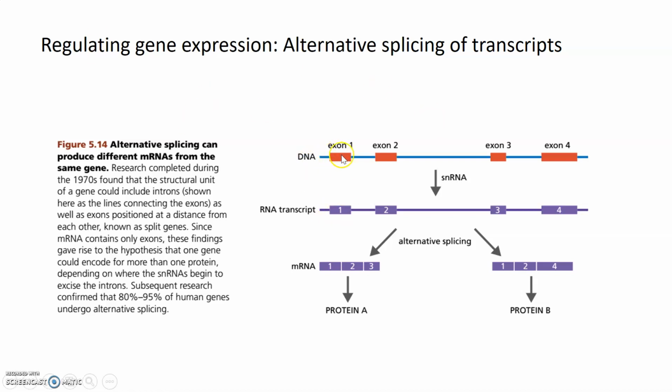And we already discussed how the RNA transcripts are a series of exons and introns that must be spliced before they leave the nucleus to be translated. And what's interesting is that this splicing does not have to include every exon in the final transcript that gets out to the ribosome. What that means is that there are alternative splicings of the same transcript that can result in different proteins. So for example, on the left here, protein A contains exon 1, 2, and 3, whereas protein B contains exons 1, 2, and 4. And there might be another protein that could contain just exon 2, or just exon 3,